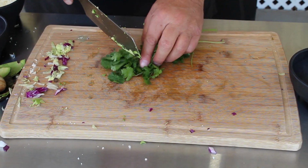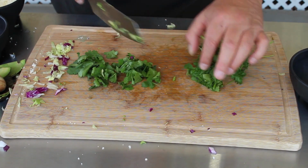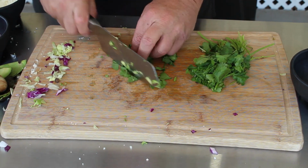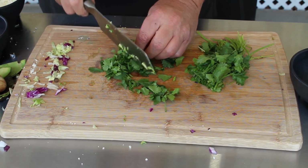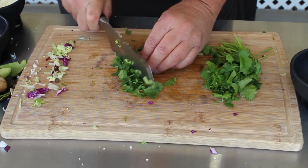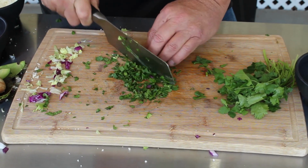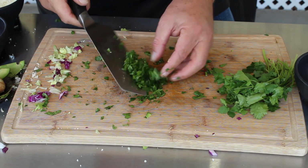And last but not least, that's cilantro. Now, the cilantro is going to be used as a topping, and I'm going to use some in that sauce. So in that sauce, I want a really fine chop. So I'm going to make this for the sauce. Kind of like that right there. I think that'll work. So now I'm going to grab the bowl that I'm going to make the sauce in